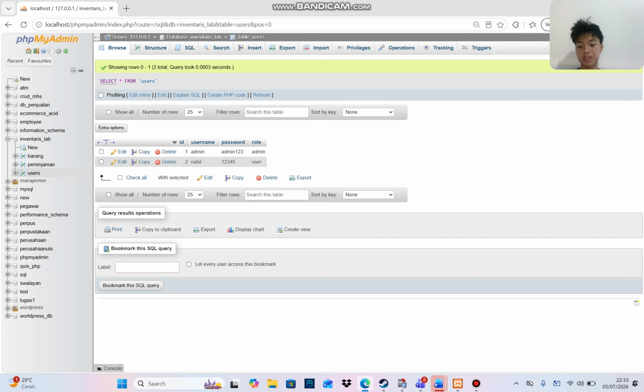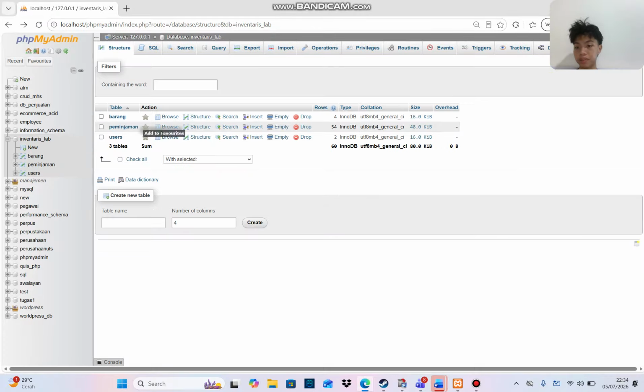This role is very important because it determines the access level of each user. If the role is admin, the user will have permission to manage laboratory equipment and borrowing requests. If the role is user, the users can only view available items, submit borrowing requests, and check the borrowing history.